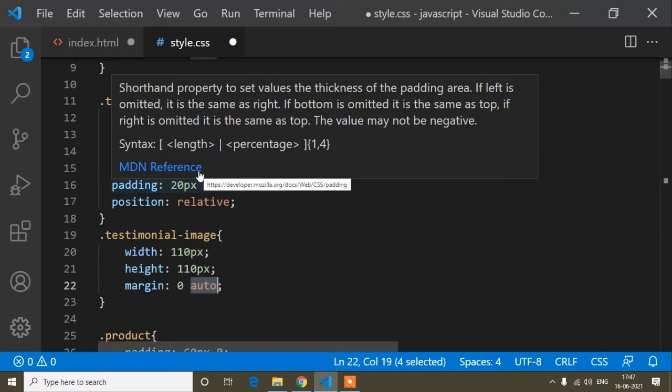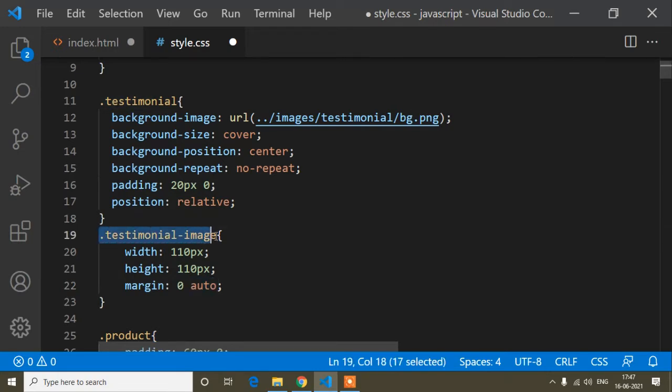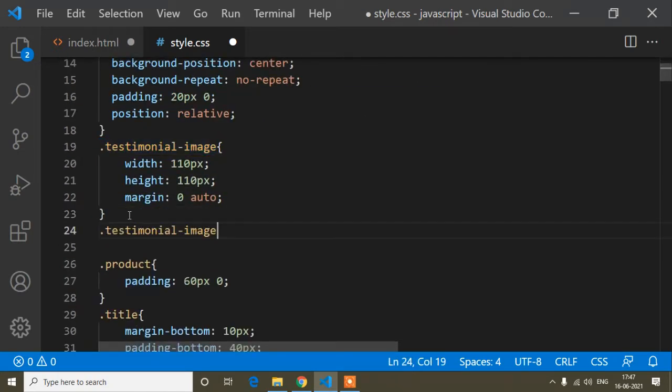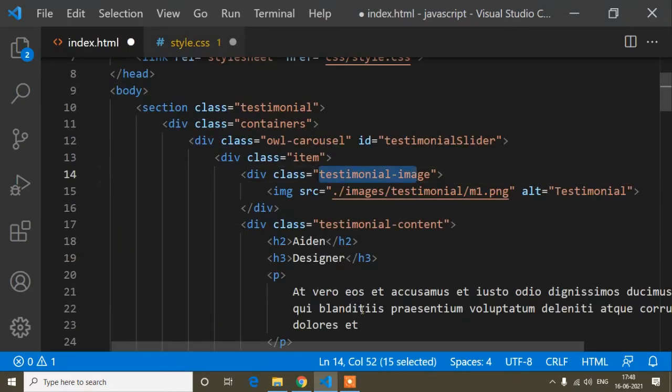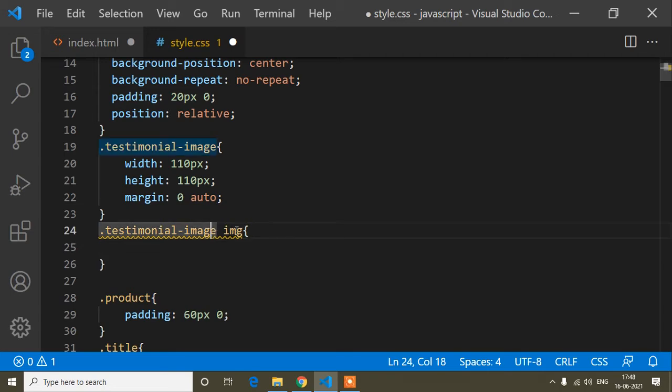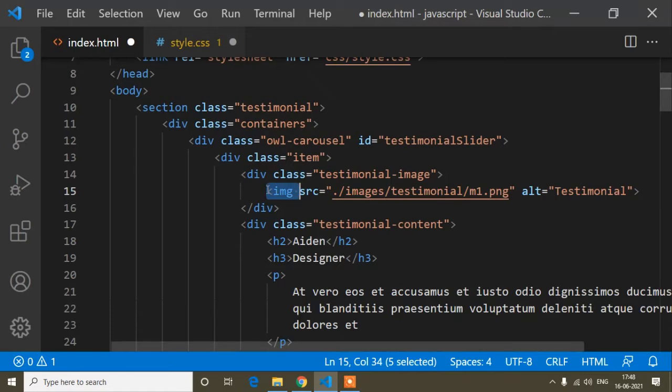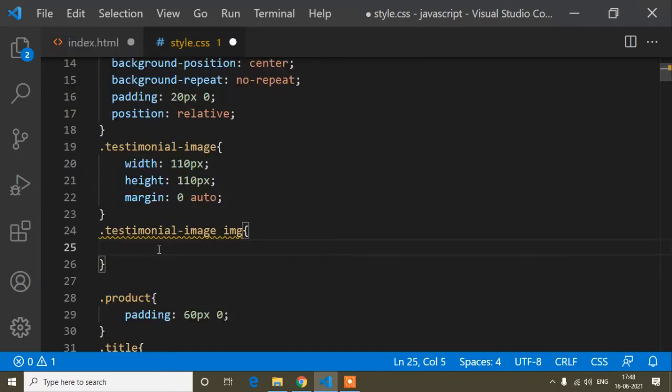Okay, because if left and right are similar space, that means it will be middle, and this one is done. And now I will copy the same thing, this parent class, and just here I will paste it and write the image tag, because this parent class's child is this image tag. So first the parent and then the child, that means whatever CSS I write here will affect only this image tag, because here I have mentioned the parent. Inside this parent class, however many image tags there are will be affected. Here there is now one image tag, so it will be affected by the CSS I am going to write.